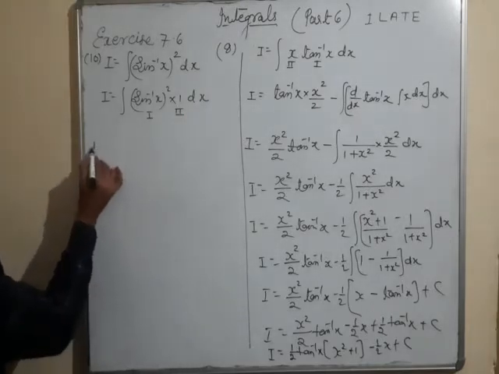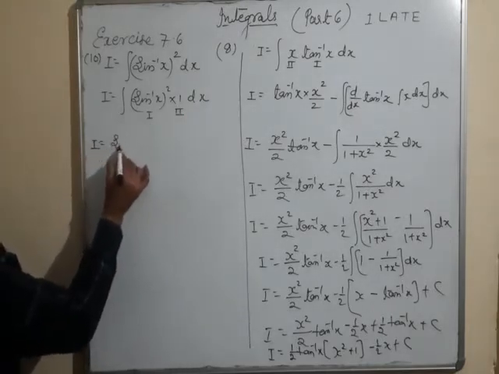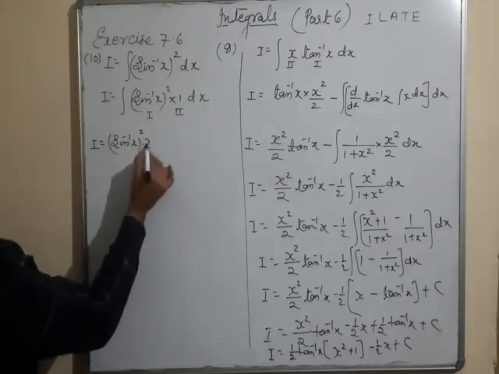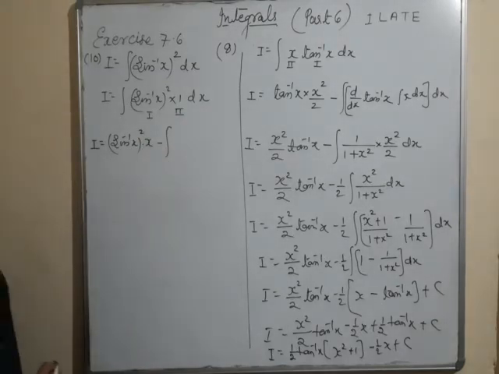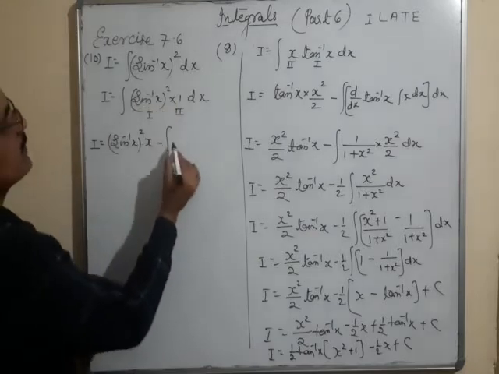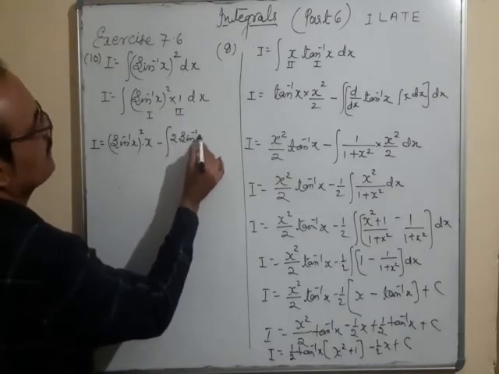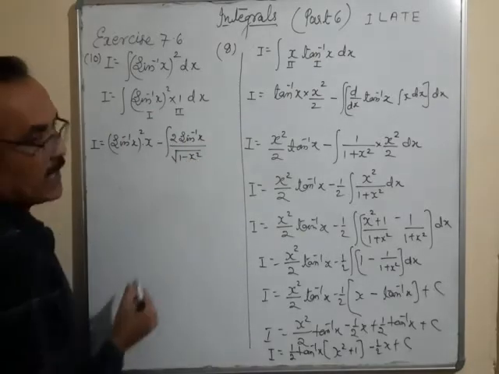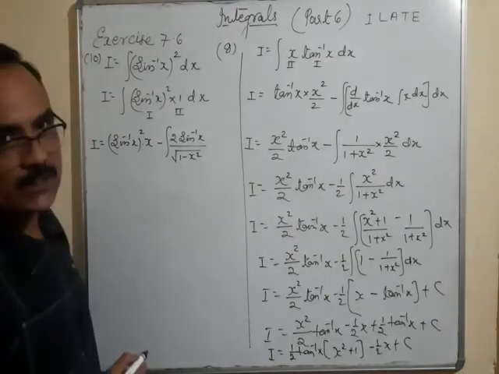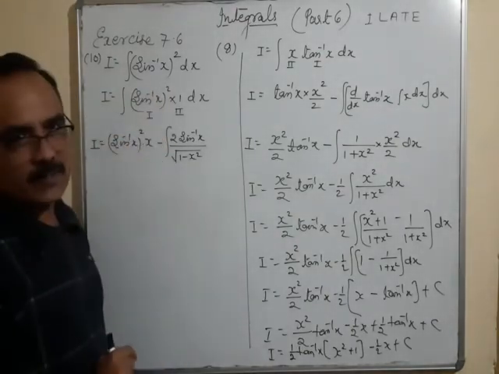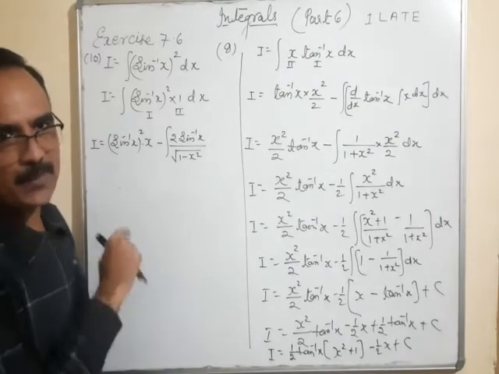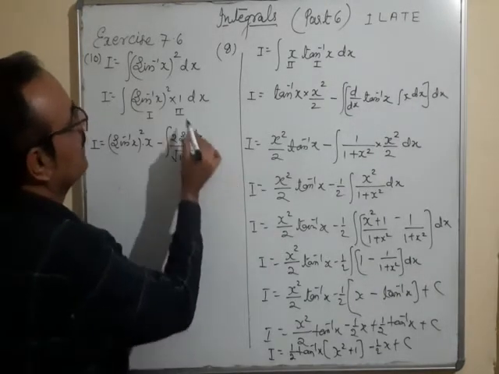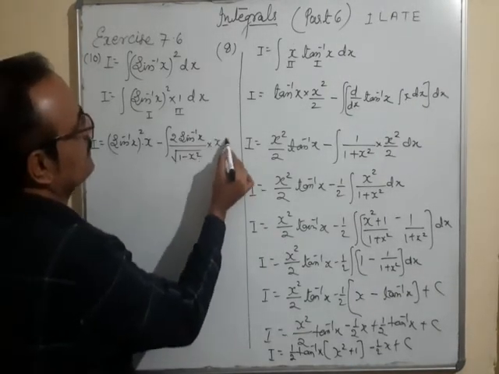Now start solving. I is equal to first function, (sin inverse x) whole square, times integration of 1, which is x, minus the integral of the differentiation of (sin inverse x) whole square. So it is coming 2 sin inverse x, and again the differentiation of sin inverse x, 1 upon under root 1 minus x square. What I have done: this term is t. Differentiation of t square is 2t, and again the differentiation of t, that means sin inverse x, is 1 upon under root 1 minus x square, multiplied by the integration of 1, which is x, dx.